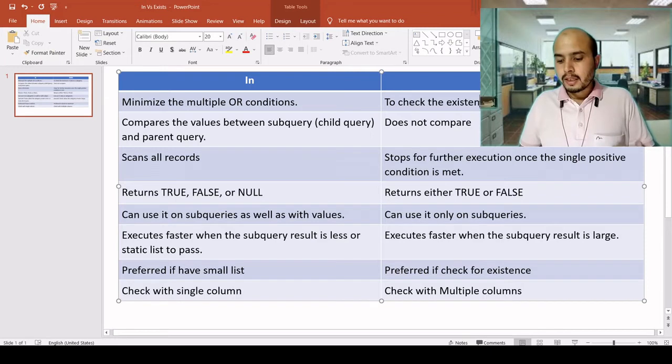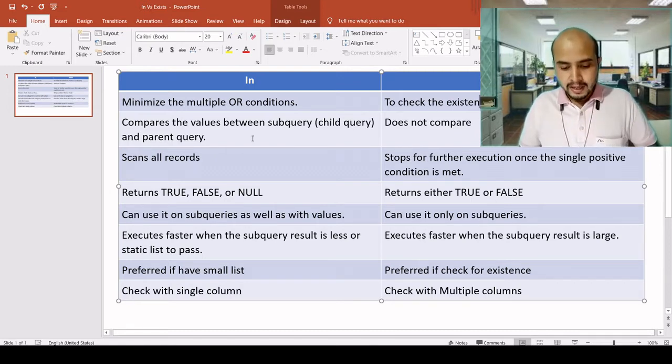Whereas the EXISTS operator checks the existence of the subquery. Basically, whether the subquery will return a result or not. It does not check whether a value matches the subquery, it only checks whether any value, a single record, is returned by the subquery.